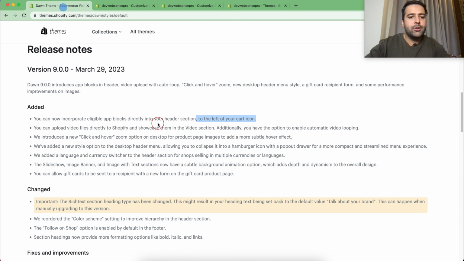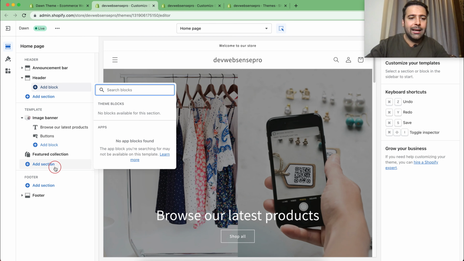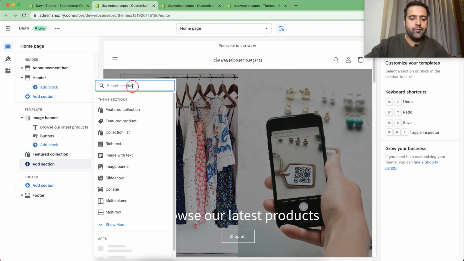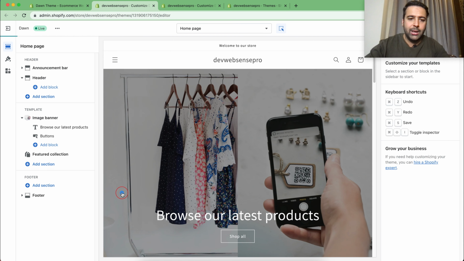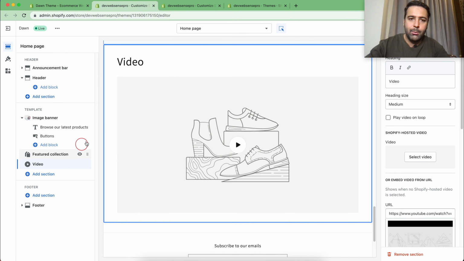Okay, now let's move on to the second point, which is you can now upload video files directly to Shopify and showcase them in the video section. Additionally, you have the option to enable automatic video looping. So what does that mean? If you go to customize and click on add section and search for video, we have this section which we can add. It was also available before in Dawn 8.0.1 as well, but what we didn't have before